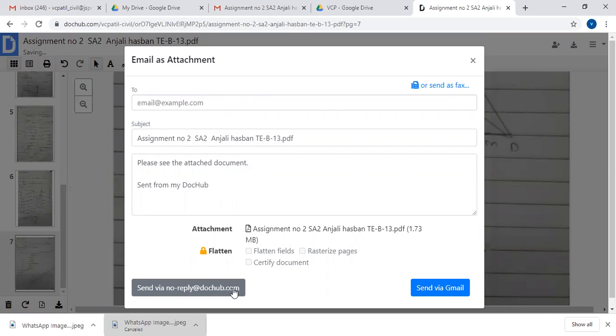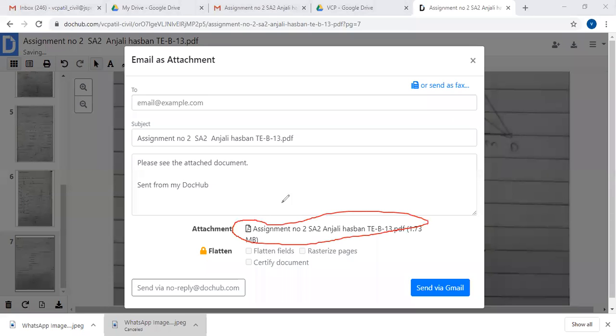Okay, so your assessed PDF is forwarded towards the student email ID, and this attachment is provided here. See here, the attachment is provided to you. Okay, so like this you have to do the assignment assessment. Okay, it is very easy.